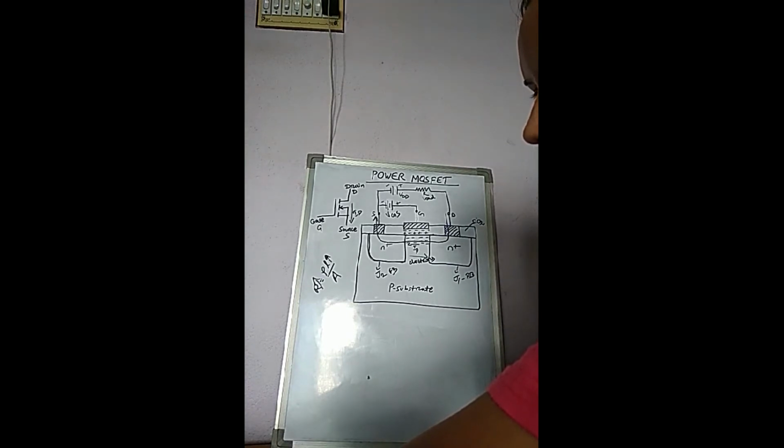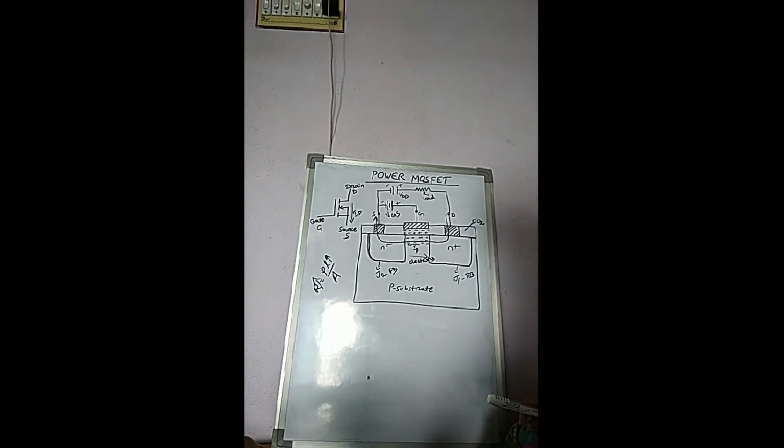we will do some modifications in this structure. In the next part we will discuss the high power application MOSFET. We will discuss the basic structure of the N channel power MOSFET, which is used for high power application. This is the basic structure of the N channel planar MOSFET, but this is only feasible for low power application.